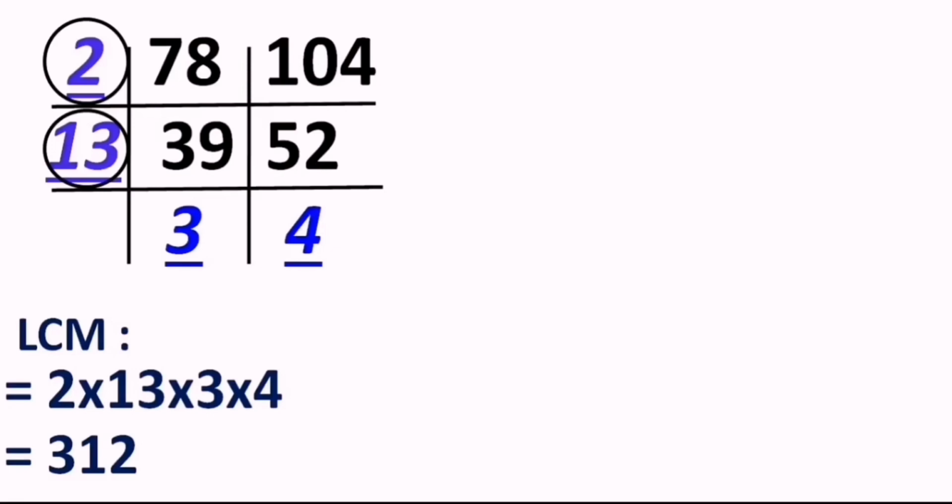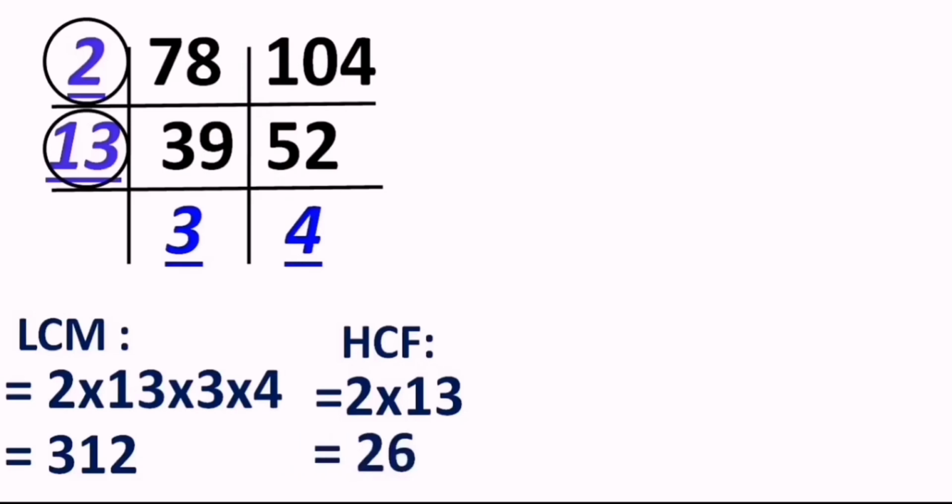And now for the HCF or the GCD, we have to choose only those numbers which are dividing all the numbers which are present in the LHS. We are not supposed to take the numbers at the bottom layer for the GCD or the HCF. Keep it in mind. Why did I choose 2 and 13? Because 2 and 13 have divided both the numbers in the question. Okay, keep it in mind. And once you do the multiplication, 2 into 13, we get the answer 26. So we have LCM also with us, we have HCF also with us, right?